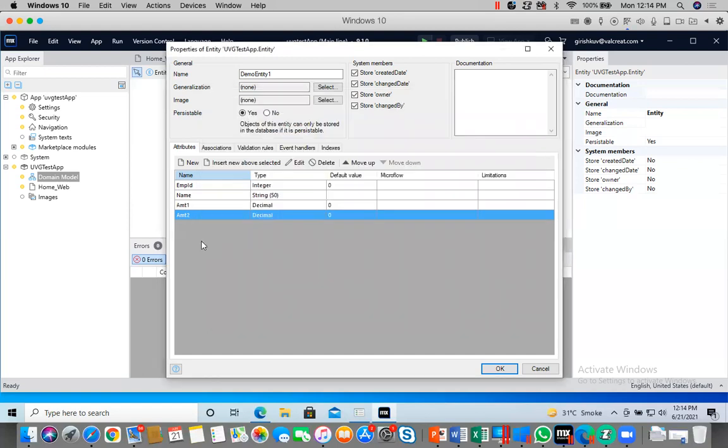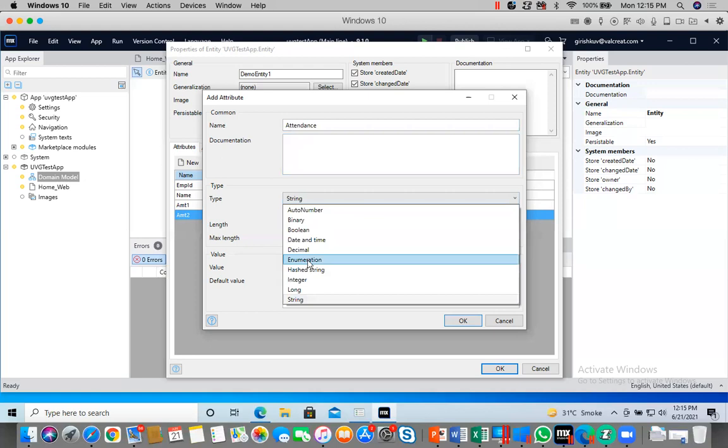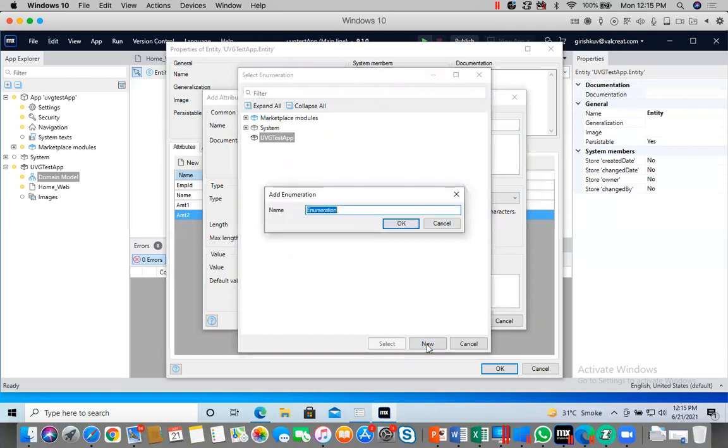Then I will create one new category, which is attendance. Here I will say enumeration. It is asking, attendance may be either present or not present. So it's a new enumeration, Attendance.